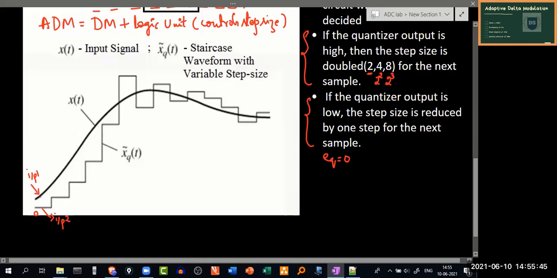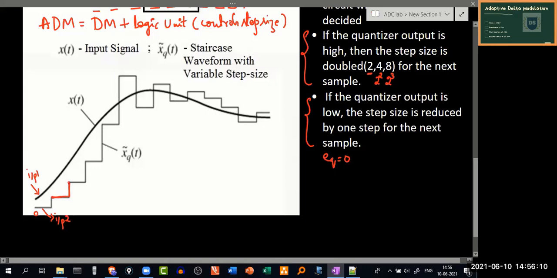Now obviously the error value will be positive because input 1 is at a higher value compared to that of input 2. So this returns quantizer output to be high, which increases the delta value by 1.